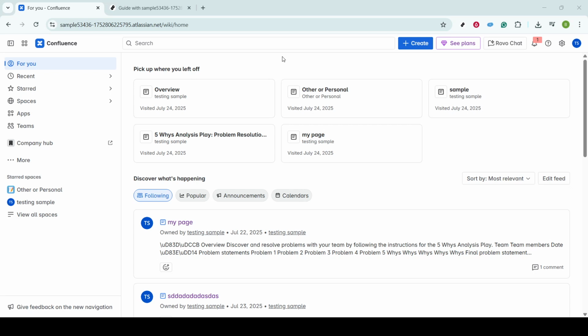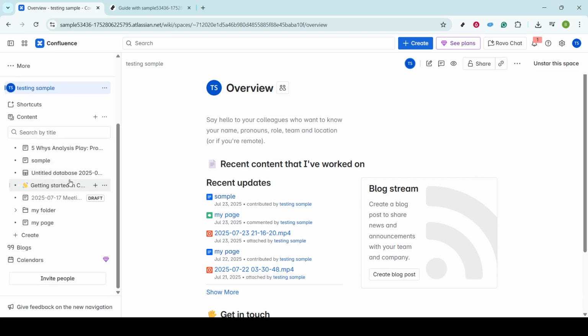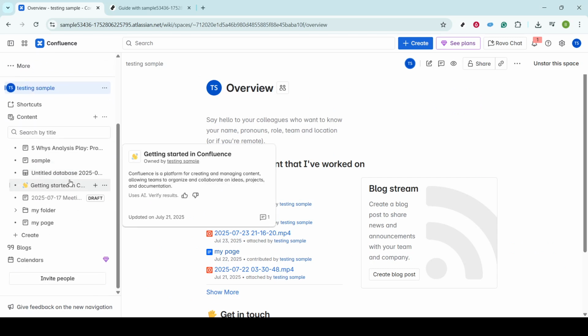Your next task is to choose the space relevant to the content you want to update. Each space in Confluence serves as a container for related pages and serves a particular team or project. You should select the space that contains the page you wish to edit. You can often find your spaces listed on the left sidebar or by using the search tool if your list